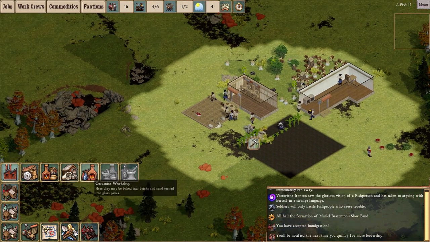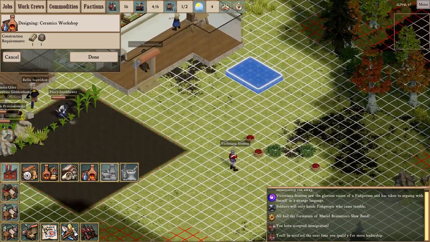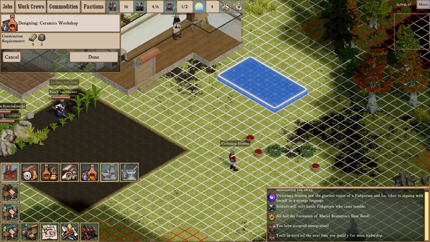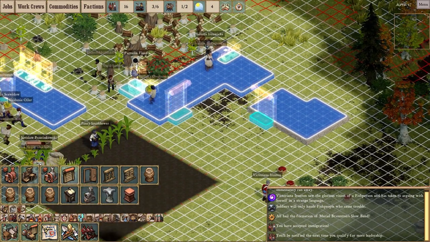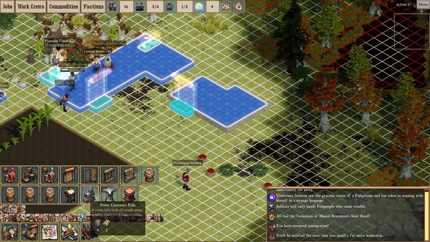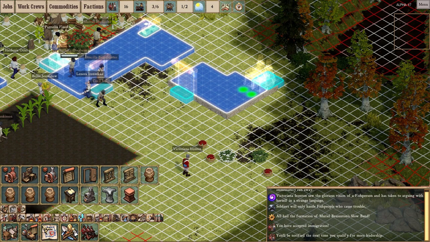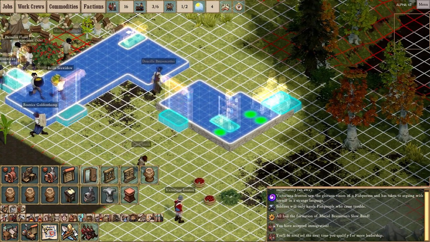I'm actually going to build a workshop. Ceramics workshop doesn't need to hold a lot of modules, so it can actually be relatively small. But I'm going to start jamming modules into my existing buildings. What does the ceramics workshop need? It needs a stone kiln to turn clay into bricks, and a workbench so that...